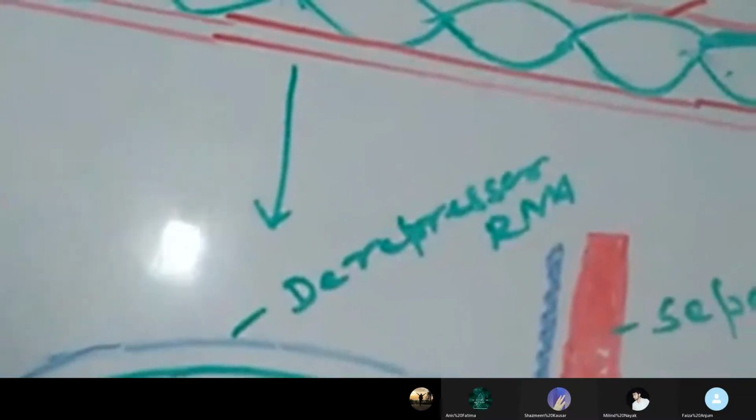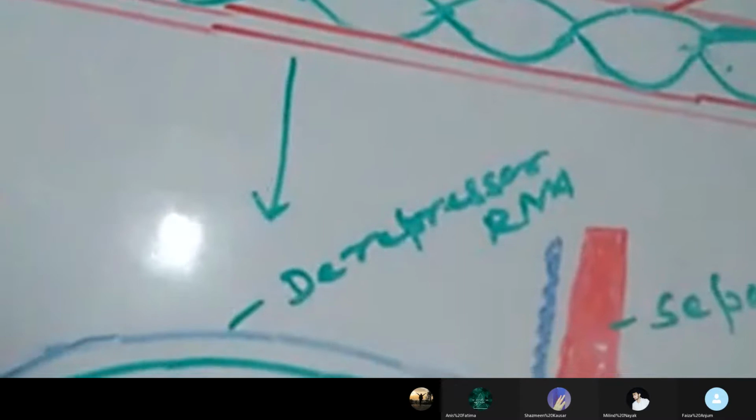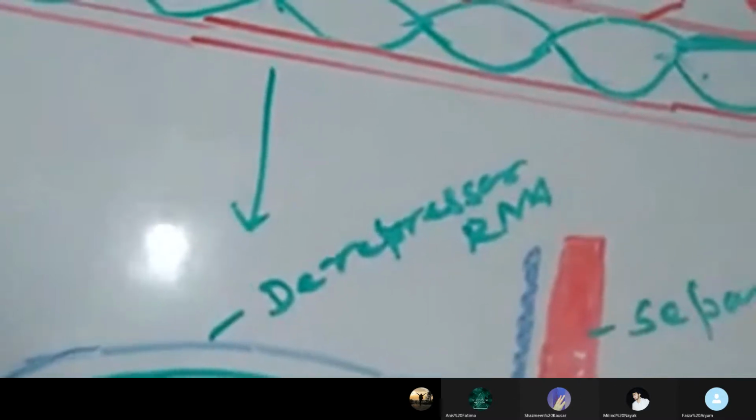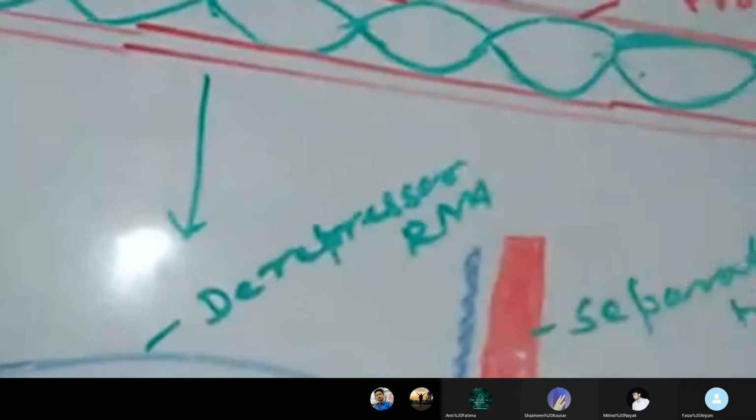You know that in a eukaryotic cell, from the DNA, at first hnRNA is formed, and the hnRNA is finally converted into the mRNA. So this is the transcribing strand, and this is the non-transcribing strand. The non-transcribing strand